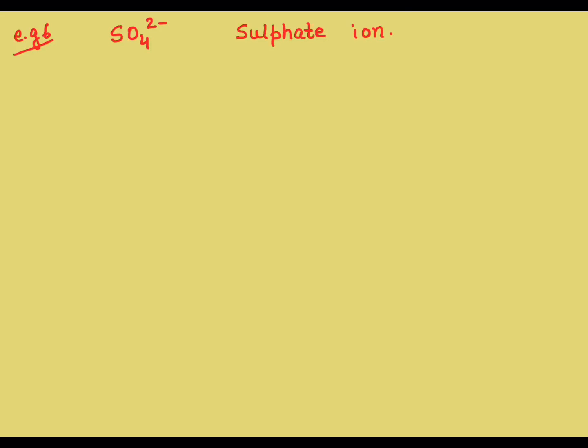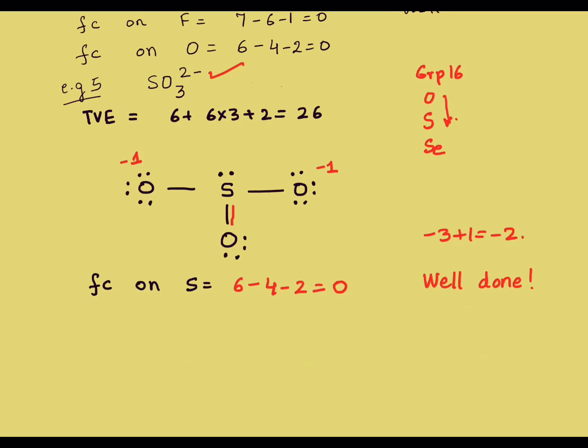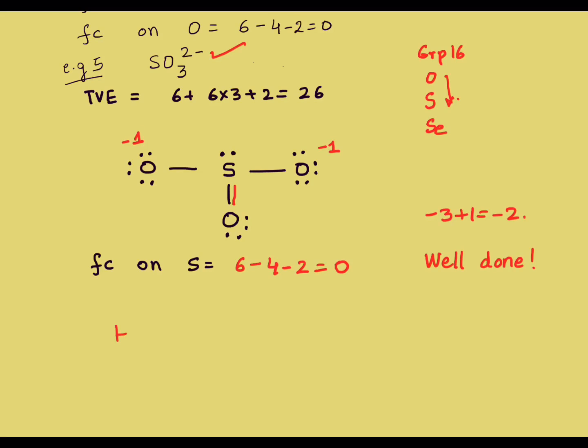Sulfate ion. By the way, after doing sulfite, you can easily do bisulfite also, right? Oh yes, you just have to ask one of the oxygen to be accommodating, isn't it? Wouldn't it be this way? I don't know. Tell me whether this structure is right or wrong. I will wait for your answer in the comment section.